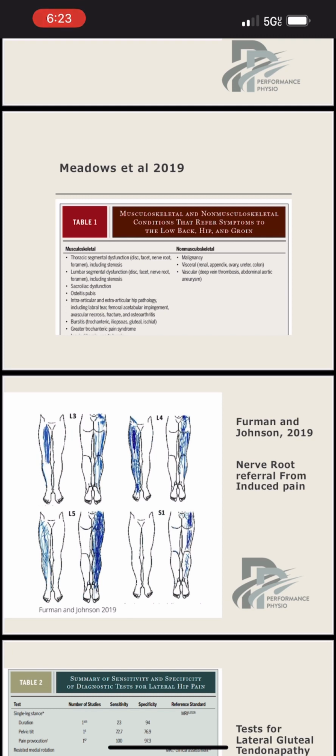So the classic dermatomal or sensory representation of referral that was taught in school, we can't just rely on that. We have to realize that when there is nerve root pain, there's quite a bit of overlap from the different lumbar levels. And so we should be, as clinicians, using a thorough history, tests and measures, and trying to prove or disprove our hypotheses with